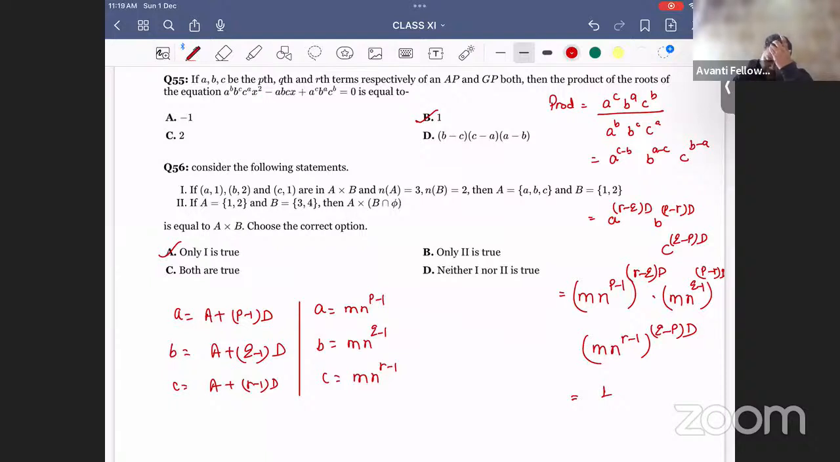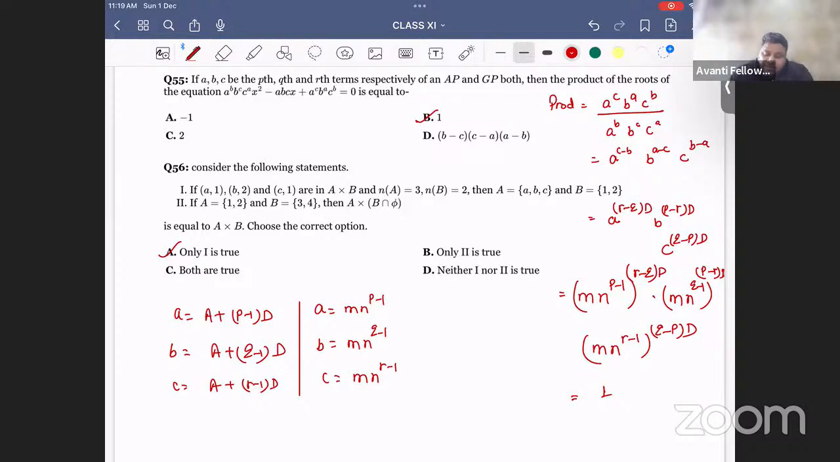Okay. If A is {1, 2}, B is {3, 4}, then A cross B intersection {5} is equal to A cross B. See, 2 is definitely not true. But in 1, they are saying (A,1), (B,2), (C,1) are in A cross B. The number of elements in A. Now, see, since they have nothing said any further,